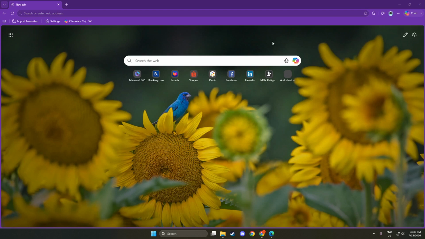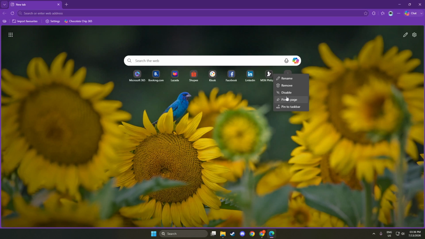Once you have located the shortcut, hover over it. As you do this, you will notice that additional options appear. This visual cue indicates that you can interact with the shortcut further. Hovering is an essential action here because it allows you to access the settings related to that specific shortcut without clicking it. It's a small but significant moment that prepares you for the next step.